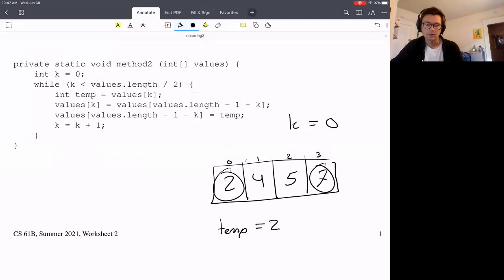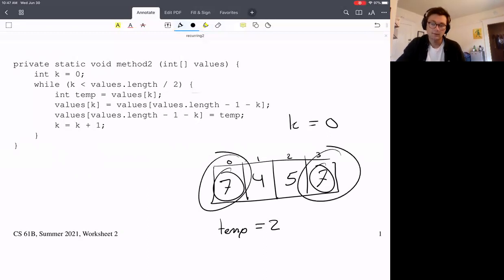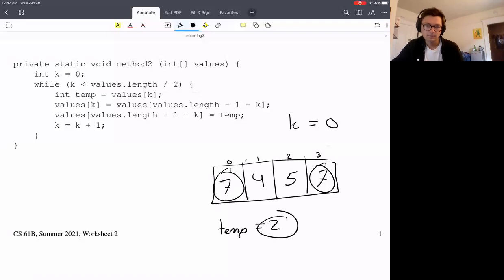And then we're going to say the value of index k, which is this 2, is equal to this thing. So this is going to change to be a 7. Right here, you might already be able to tell what we're doing, because you can see that we've chosen the first and last element of an array. We've stored that first element in a variable, so we have access to it later, and then we've replaced that first element with whatever the last element is. So you might be able to see already what we're probably doing, but let's continue a little bit just to